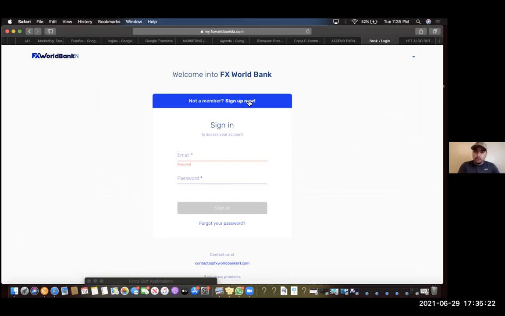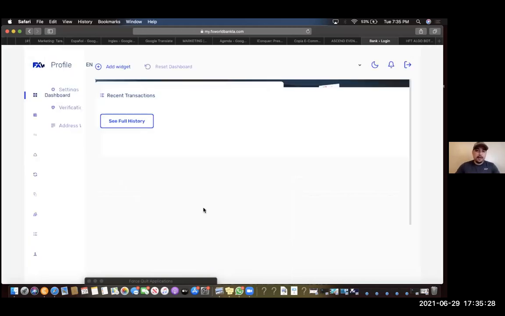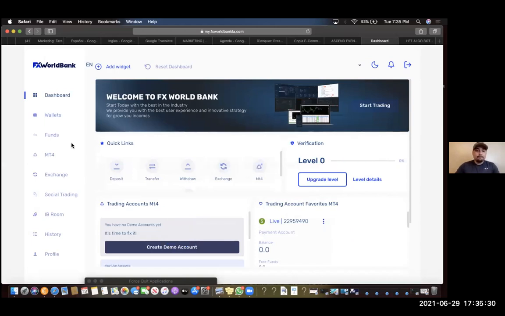Nothing technical on that end until you get inside. I don't think I need to show you how to create the account. But once you get inside, what you have to do, and this is only for the PAMM or for the HFT bot that is connected to a PAMM,